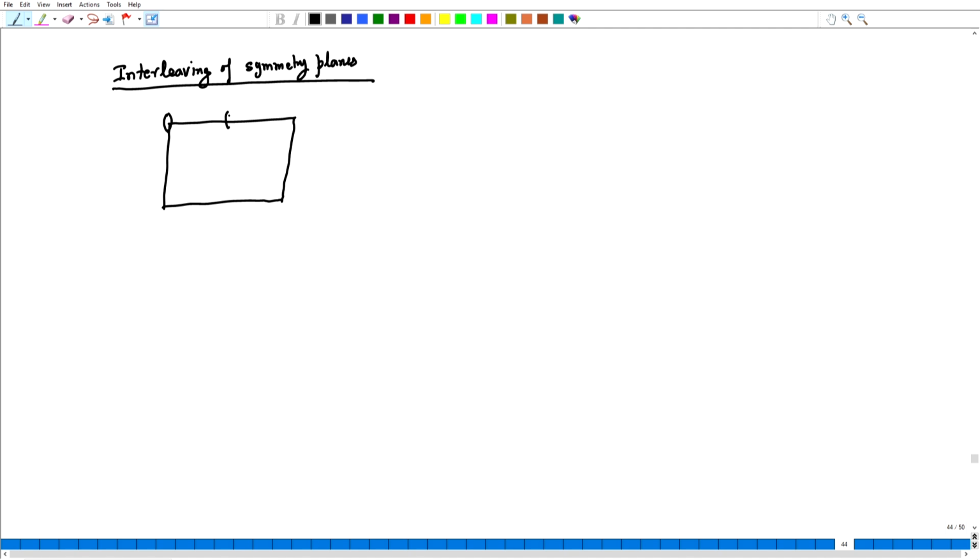Two folds, so what I do in this case, I try to put a glide plane.